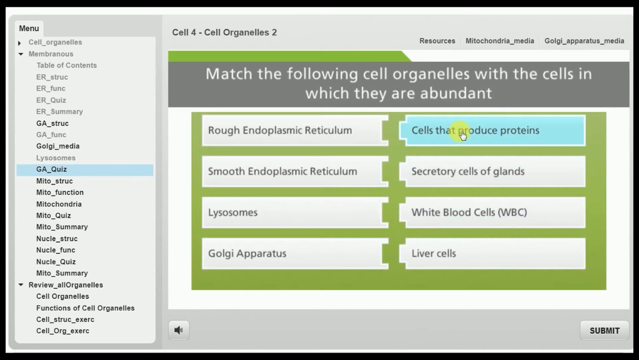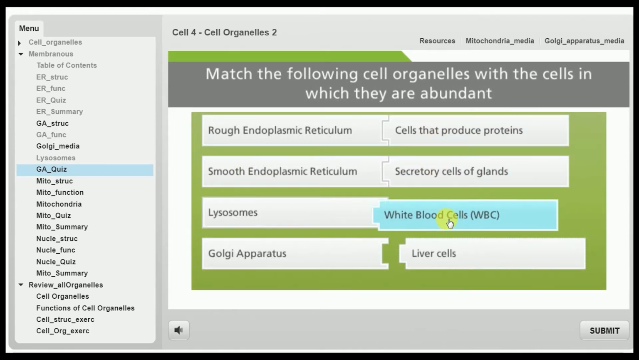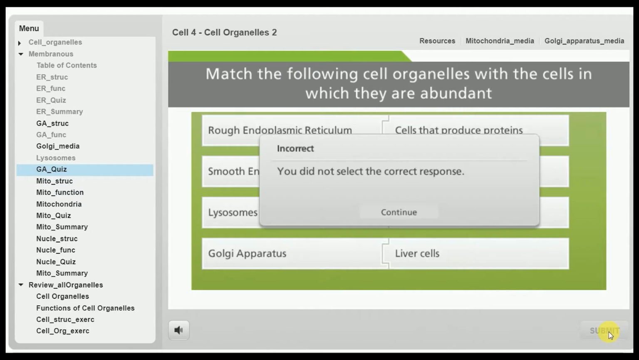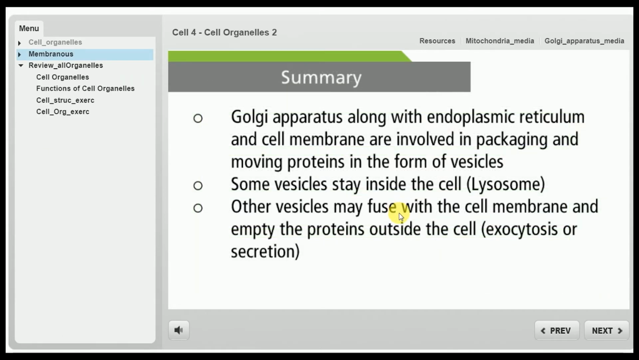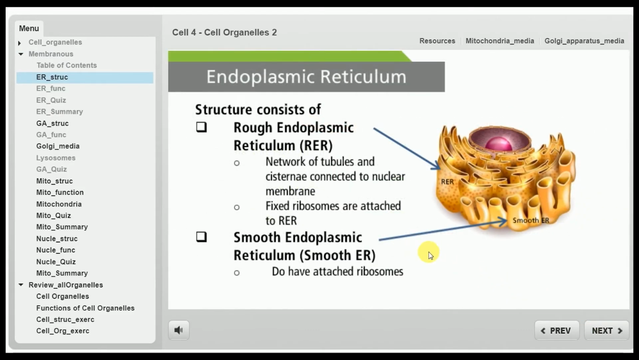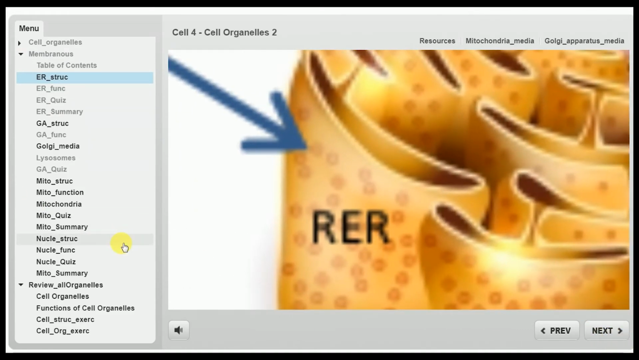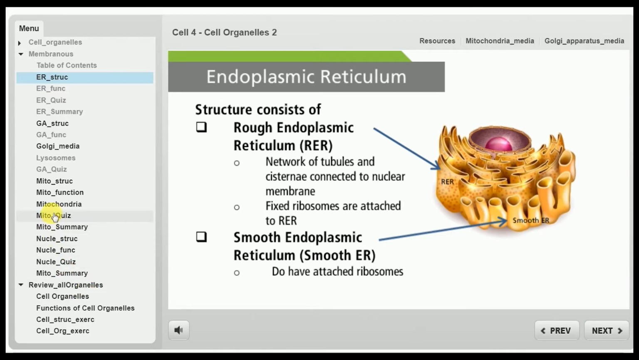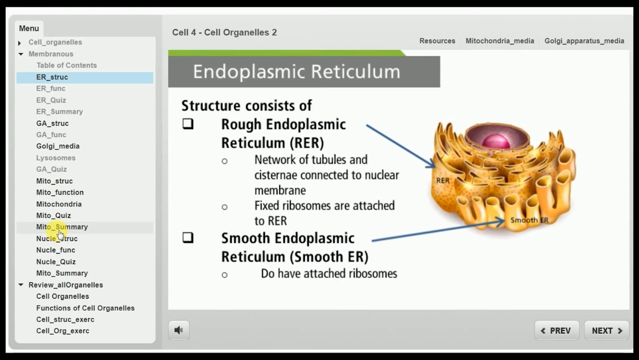Say choose one more organelle. So there is a matching question here. After this, then submit. They get a feedback, and if they are right or wrong, again there is a reason. Then move on to the next one. So if I choose another one, say